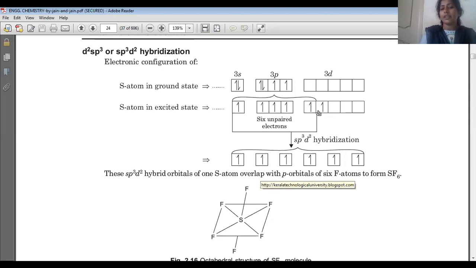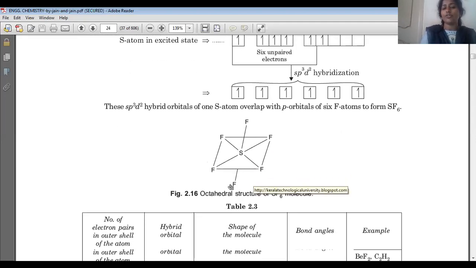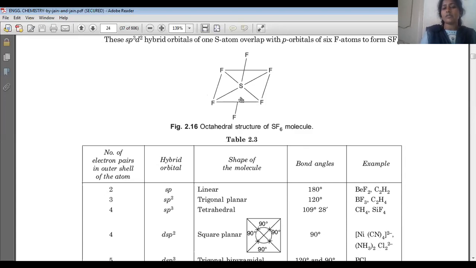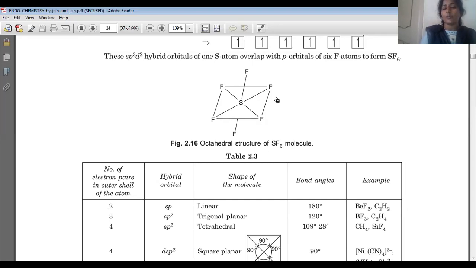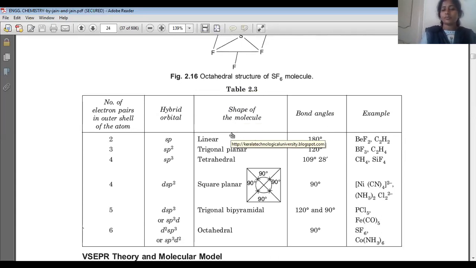So one s, three p and two d orbitals are involved in mixing, so that we get 1, 2, 3, 4, 5, 6 hybridized orbitals. Around the sulfur, we have six hybridized orbitals. Four orbitals are lying in the plane and two orbitals are axial. Two sp3d2 hybridized orbitals are axial, and the remaining four orbitals are equatorial. This is the SF6 molecule, which is octahedral in shape. In this octahedral, four ligands occupy the four corners of the plane and two ligands are above and below the plane. So now let us see